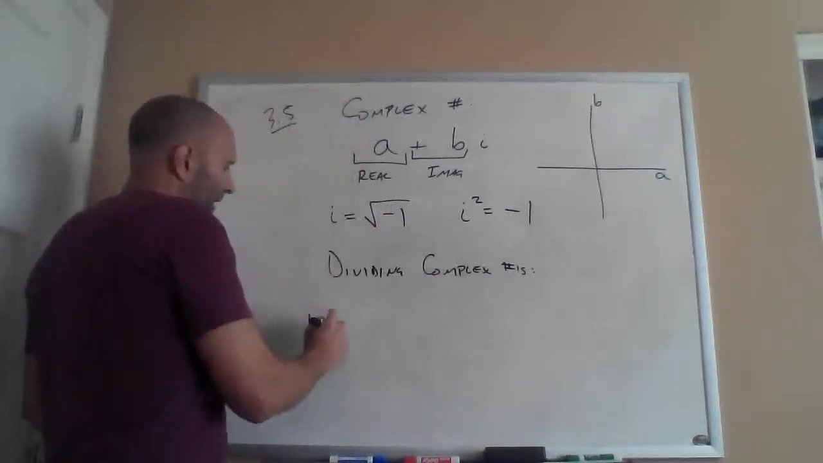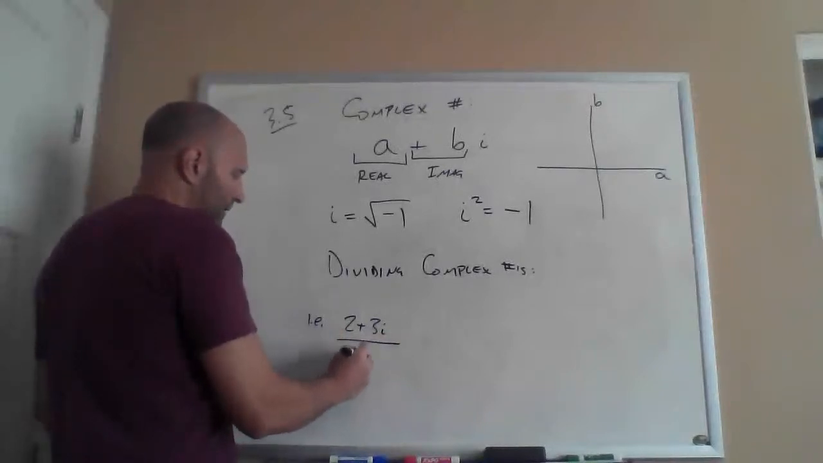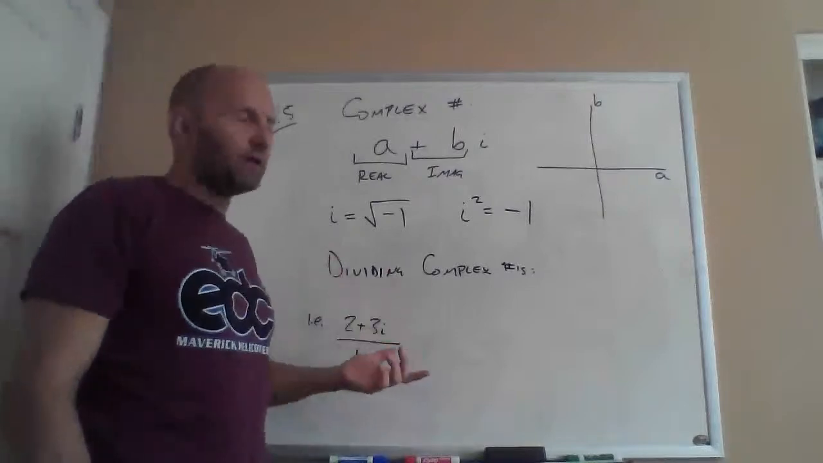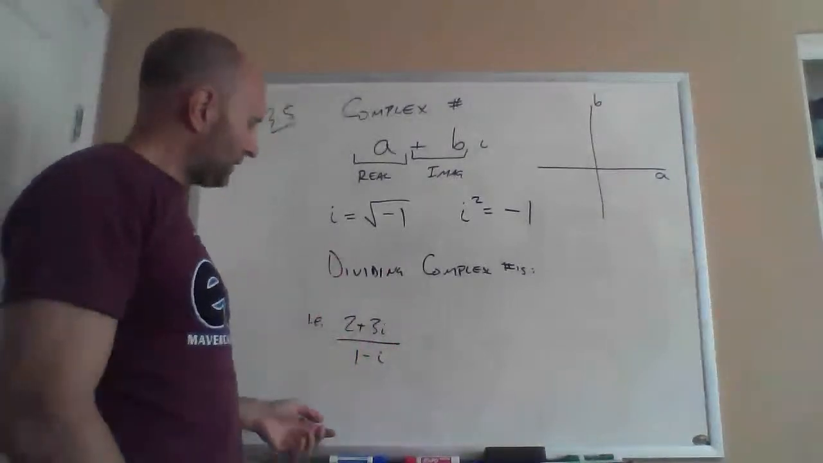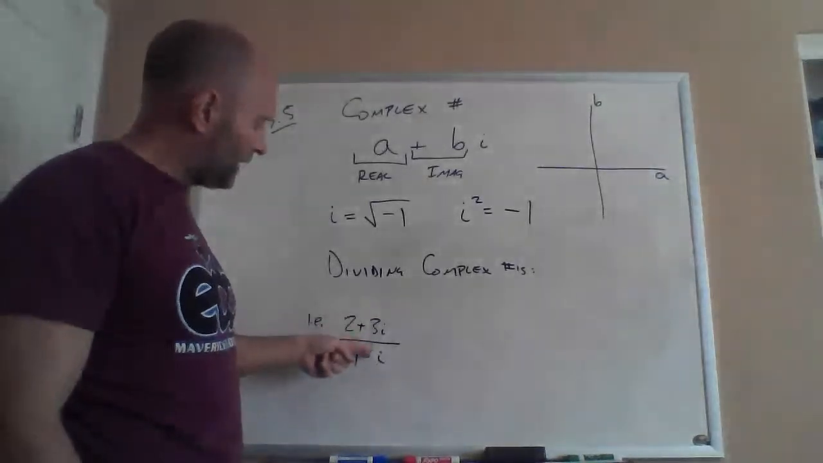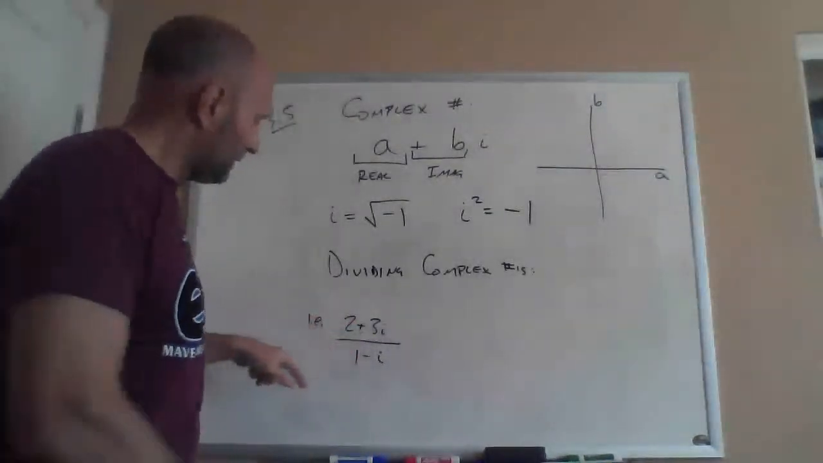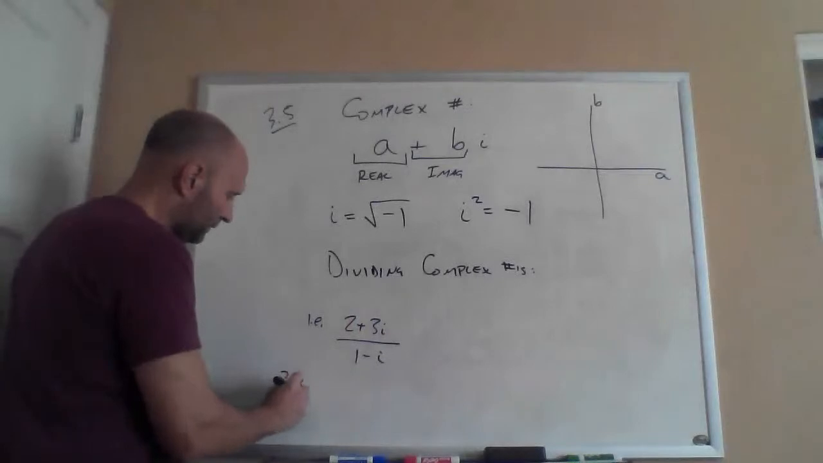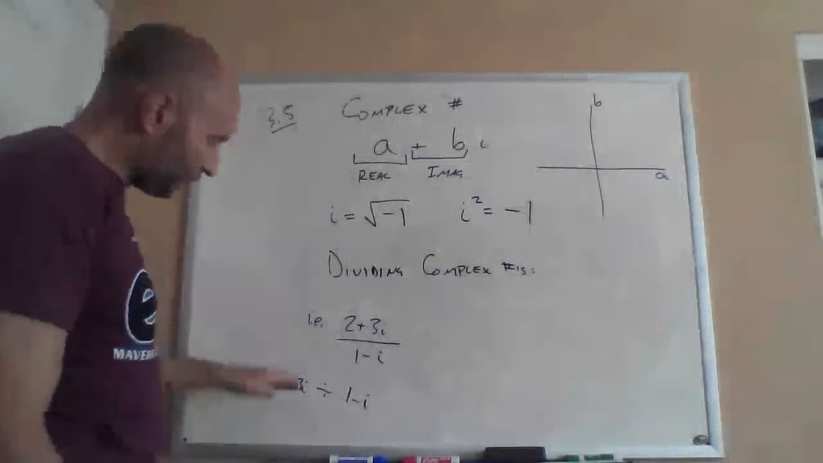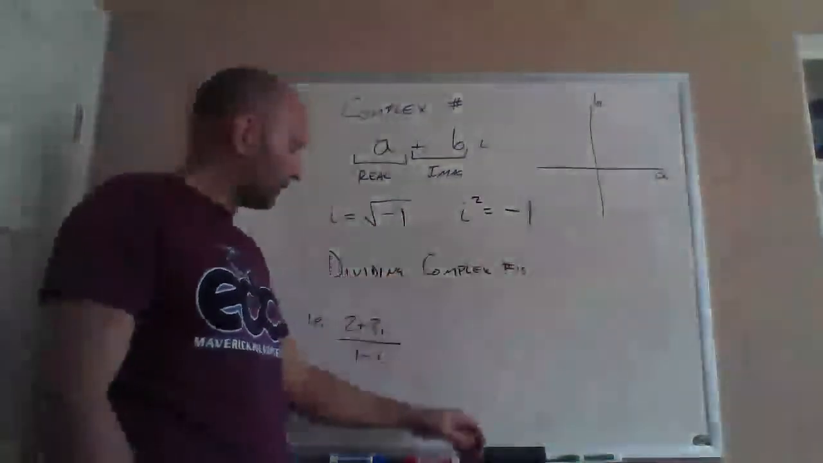So again, let's say, for example, we'll use that same one, 2 plus 3i divided by 1 minus i. If this says what's the real and what's the imaginary part, you don't just do 2 over 1 is the real and 3 over -1 is the imaginary. That's not how that works. This whole thing is saying 2 plus 3i divided by 1 minus i. So you have to do this math first,